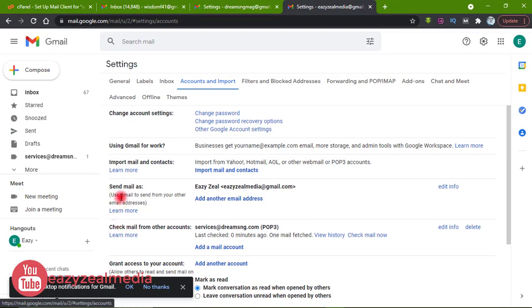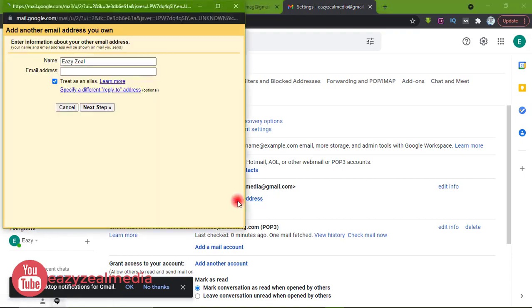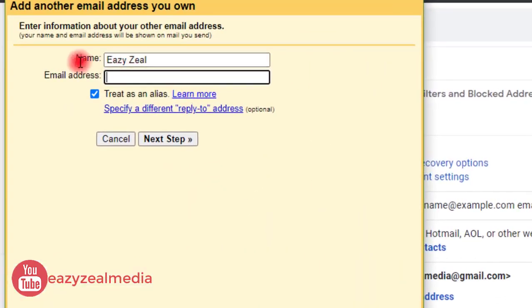Below here, above check mail from another account, you will see send mail as. So we can also send mail as with a different account. Let's see how to do that. To achieve that, we click on add another email address. Now it's asking us the name we are using. So we are using EasyZ